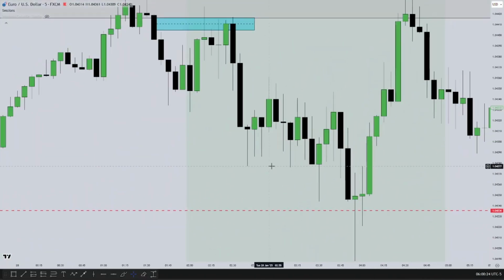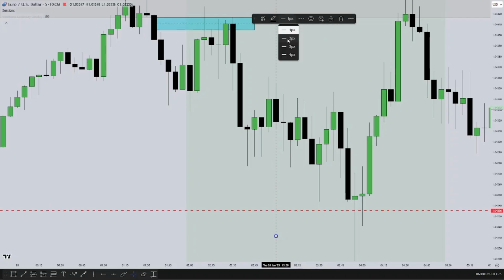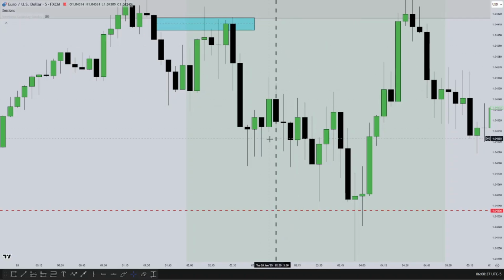If I were to use the 3 a.m. to 4 a.m. setup, now here's the opening price of 3 a.m. Let's make this black and 3. Let's make it 3. So 3 a.m. and